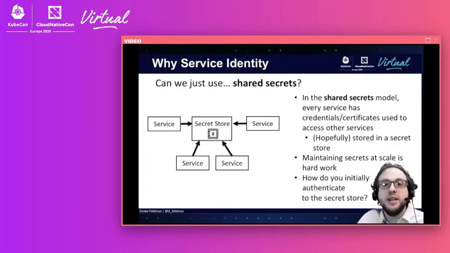You have to make sure that they aren't being stolen by insiders, by hackers from the outside, and then you're really reducing the problem to a different question, which is how do you authenticate your service to the secret store in the first place? And there's no good way to do that. Usually you just have some kind of a token that's in your config map that authenticates your service to the secret store so it can get other secrets. This is really a hack mapping username password authentication for humans onto services, but it doesn't work very well.